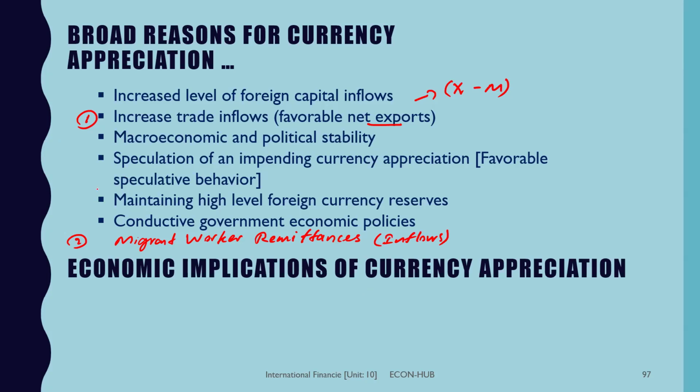So I mentioned having macroeconomic and political stability. Then what do you understand by this point here? As you guys are writing and listen to me, okay? We have to multitask. What do you understand by that point there? Speculation of impending currency appreciation, favorable speculation, speculative behavior. What does that mean? If you believe the currency is going to appreciate in the near future, no point